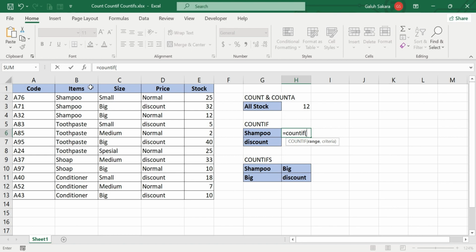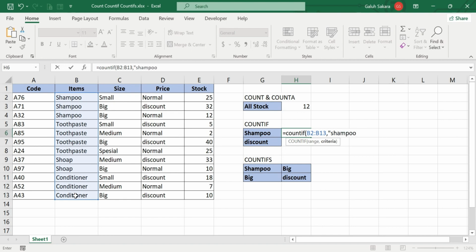It's about shampoo, so it's in the B column, the items column, so that's the range. Select the data from B2 until B13, because the criteria of shampoo is in the B column,